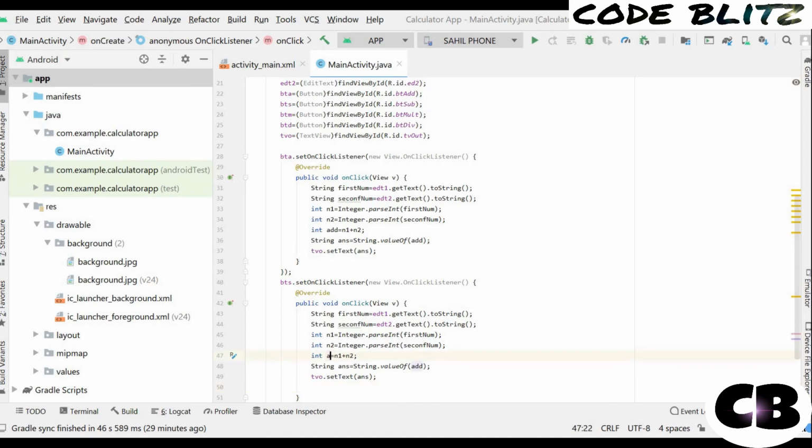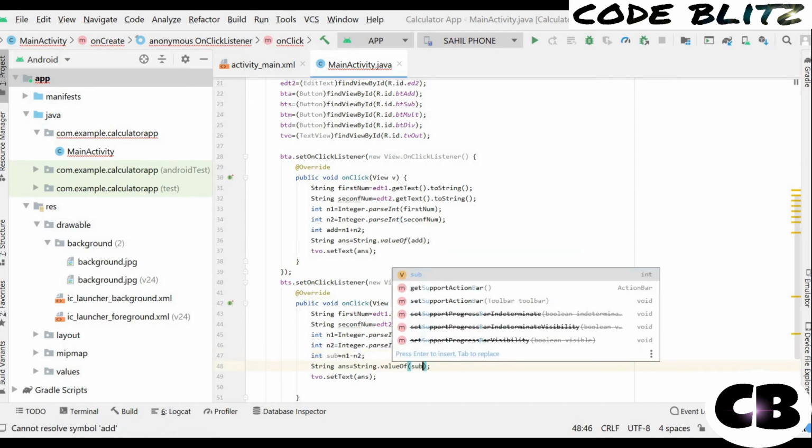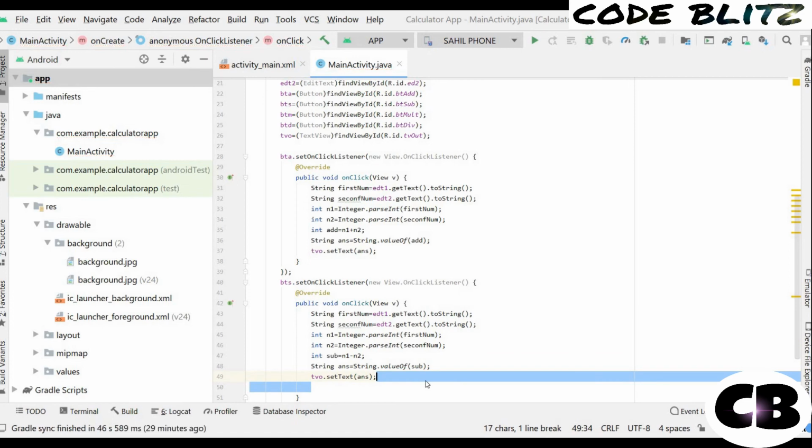That is, int sub equal to n1 minus n2, String dot valueOf, and here we will write sub. Okay.